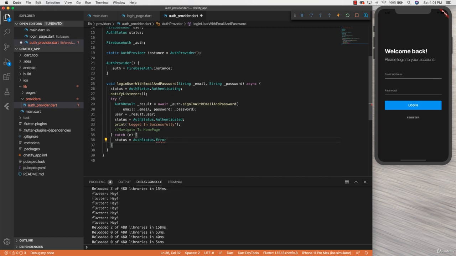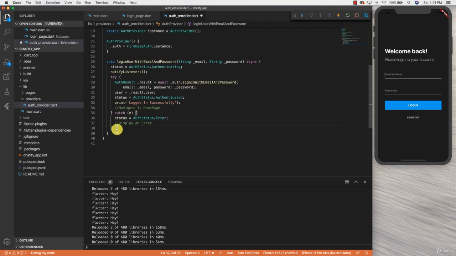What we're going to do is set the status to AuthStatus.error. And then I'm going to display an error, so I'll just keep this here. And then once all of this function has been executed, either the try or the catch block, at the end of our function, we're going to notify our listeners that something changed. Okay, so now that we have the basic login user with email and password function completed,